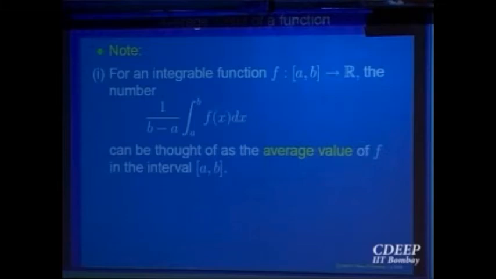I am justifying why average value is something like this. And the theorem says for a continuous function, the average is attained. Look at three numbers: the average may not be one of the numbers, because that function is never going to be a continuous function, given the discrete kind of values. But for a continuous function, it says the average is attained at a point. That is the important thing.